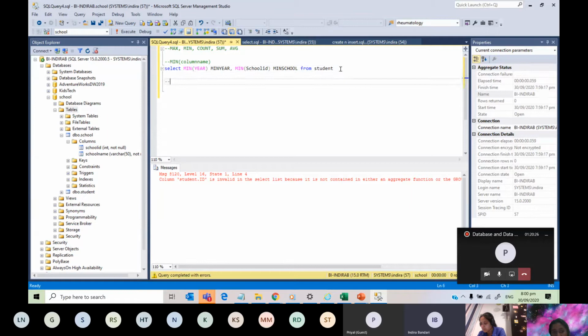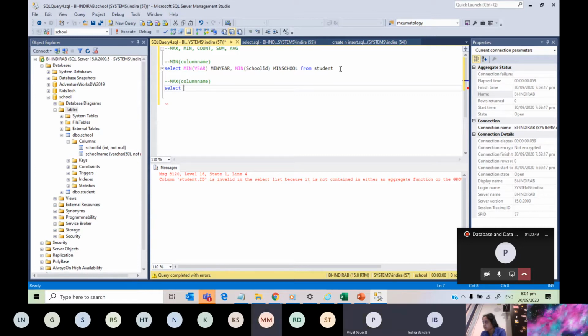No. Okay, so now let's do the maths. All these functions are the same. If we were in a physical class, I would have got people to write, but anyway, who is going to tell me how we are going to get the max of year? How am I going to write it?